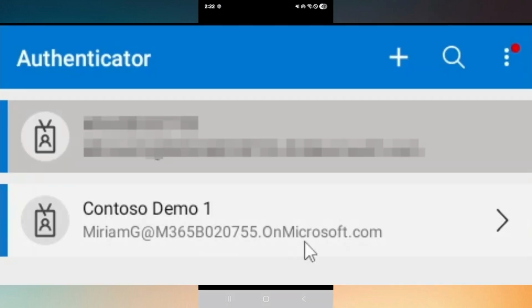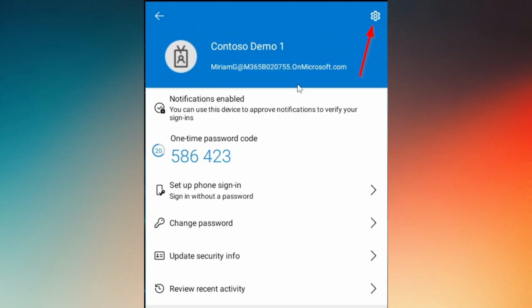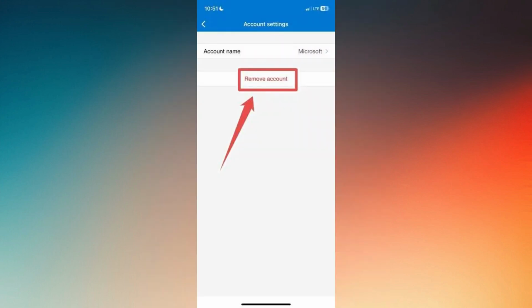and then once you pull up the application, just simply log in or use your pattern or your code for you to be able to sync to your account. Now choose a specific account where you would like the account to be removed, and then at the top right hand portion of your screen you should be able to see a gear icon, and then in there just simply choose remove account,